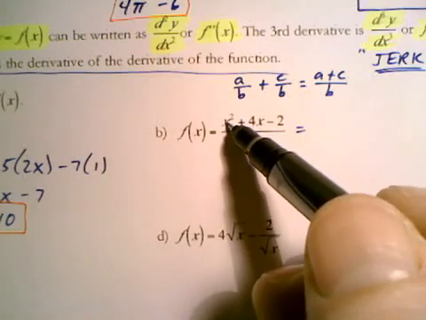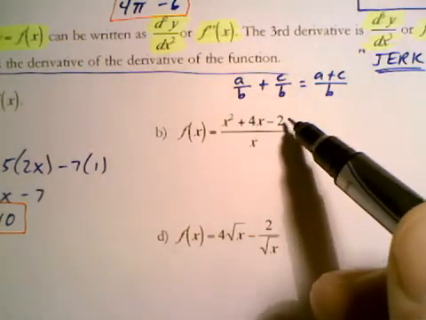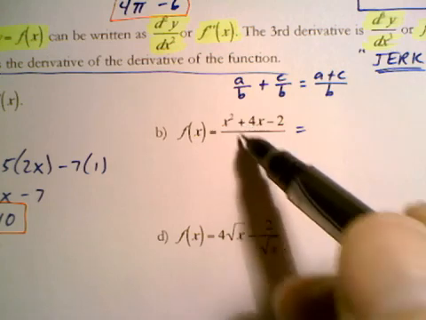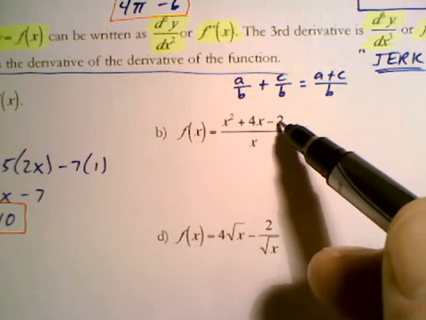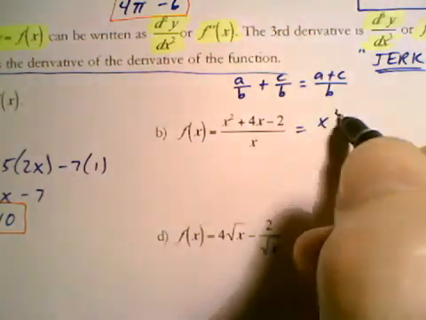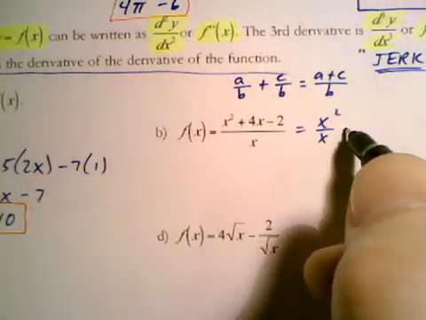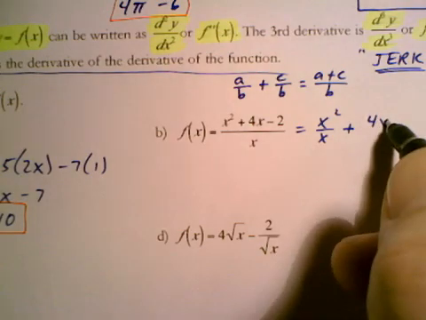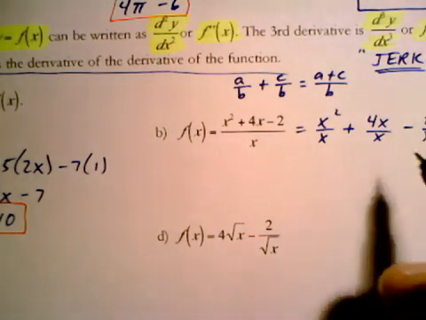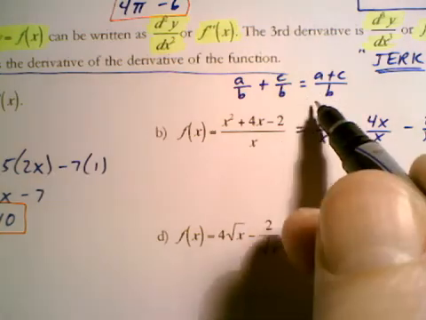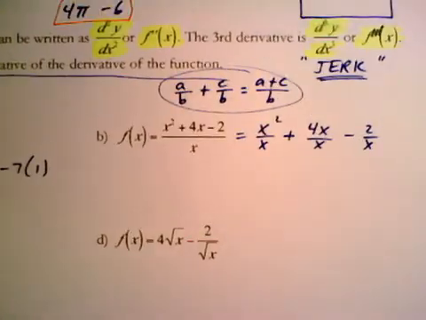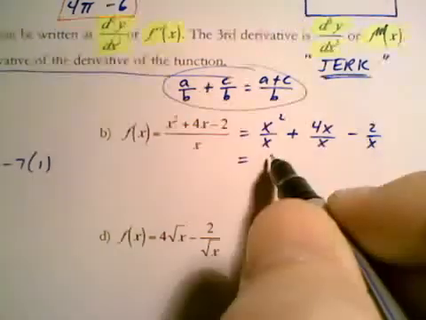Well, here we have a plus b plus c all over d, let's say. It's probably more confusing than just looking at it. We have 3 terms in the numerator all over 1 denominator, so we're going to split that up. We're going to write it as each term over that denominator, just reversing this process that we did here. Okay, and so anyway, cleaning that up a little bit,